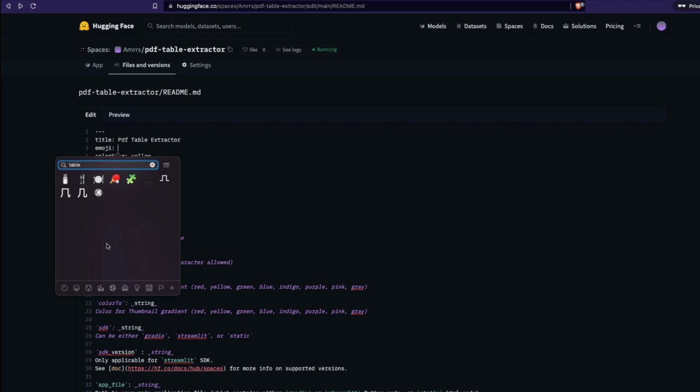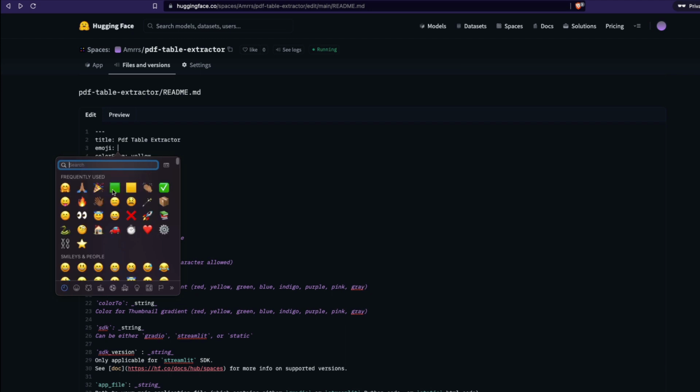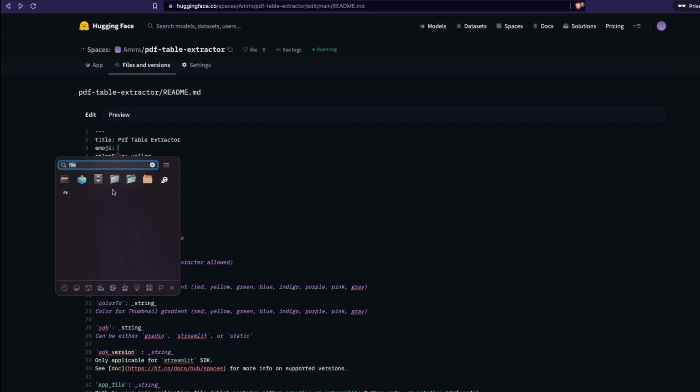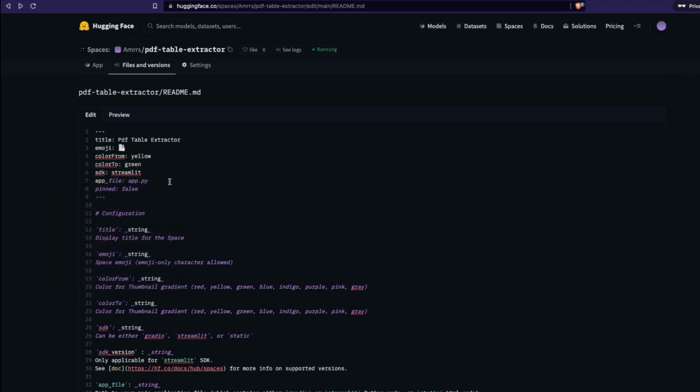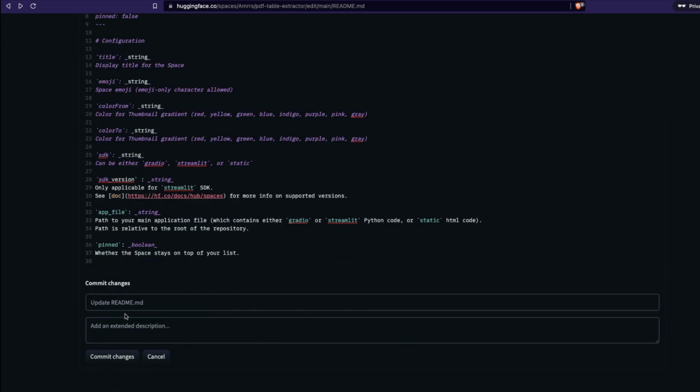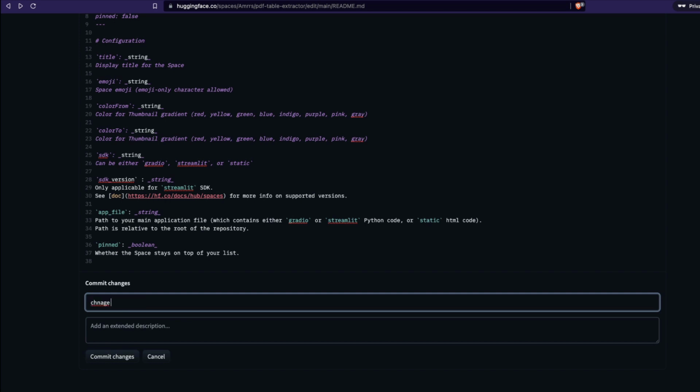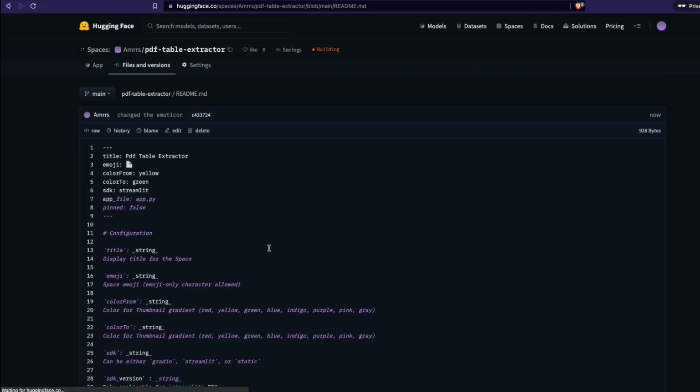Table maybe. Oh, it shows me this table, so maybe I'll look for file, document. Yeah, this looks good to me. So I'll select this emoticon, then select change the emoticon, and then save, commit it.